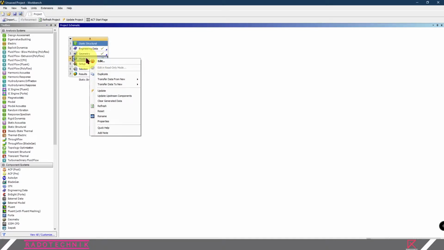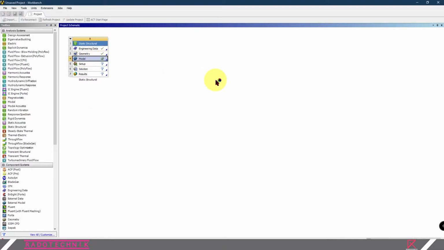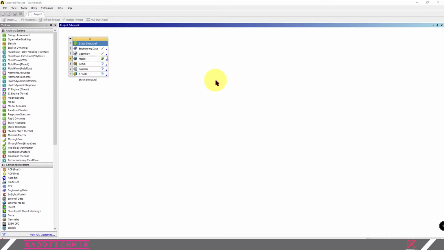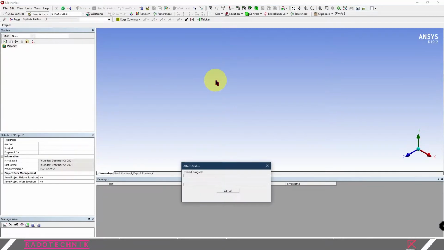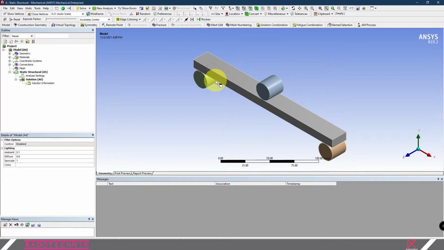To do this, right click on the model and select edit. Here is the main menu window for editing the model in ANSYS.